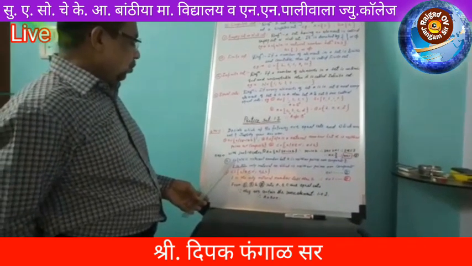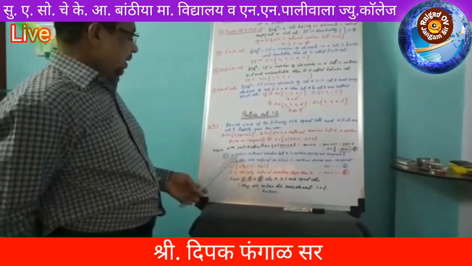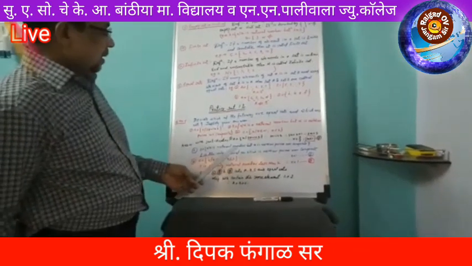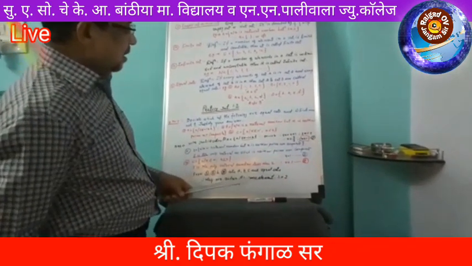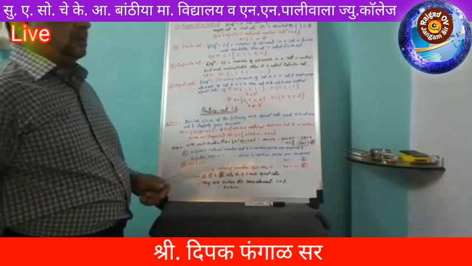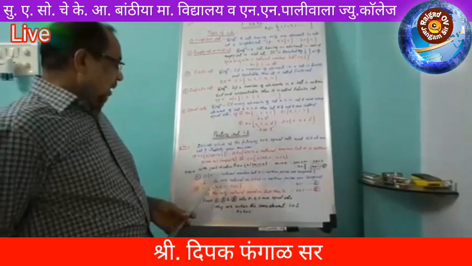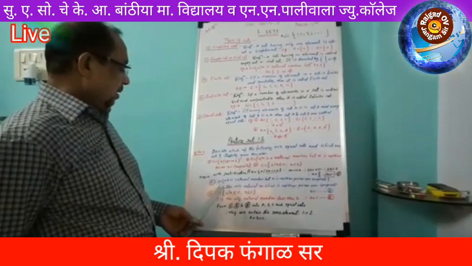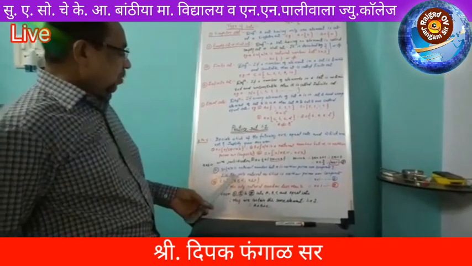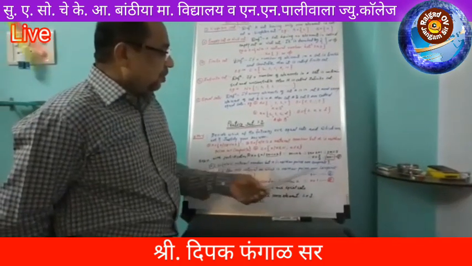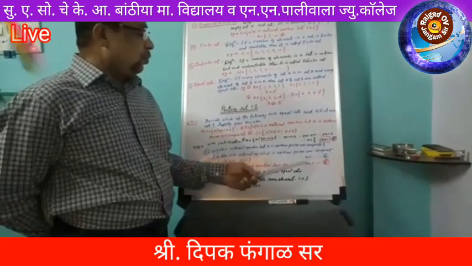Similarly, we can go to the second example. Set B equals {x | x is a natural number but x is neither prime nor composite}, and we know that the number that is neither prime nor composite is 1. Therefore we write here: 1 is the only natural number which is neither prime nor composite. Therefore x equals 1.